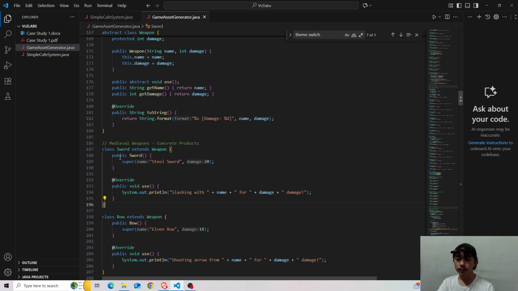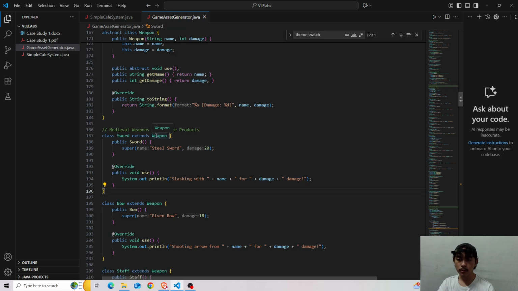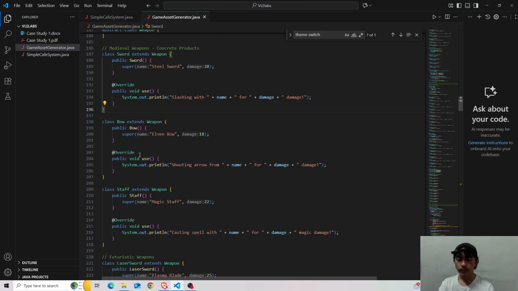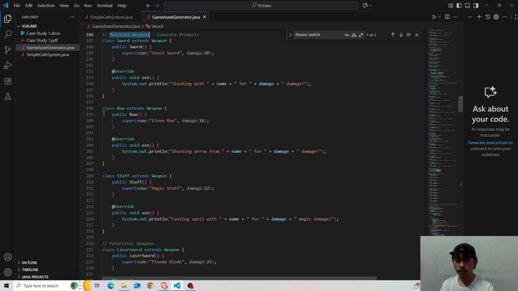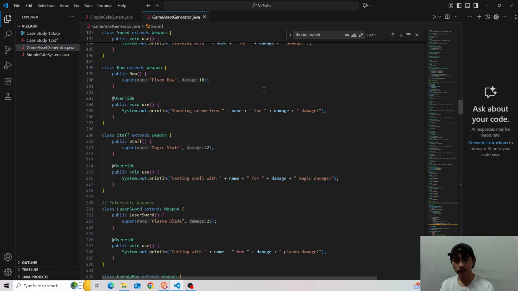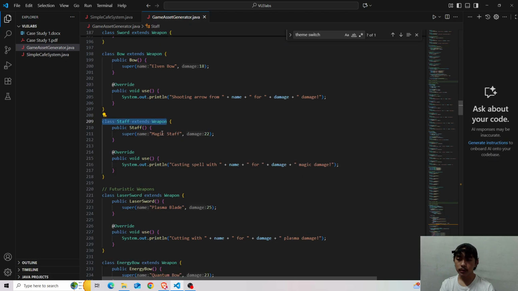So that's how we implement each weapon, each concrete product from the medieval theme, right? So we have two themes for this example, the medieval and the futuristic. So we have here the bow, staff, and then we'll be proceeding to the futuristic weapons.